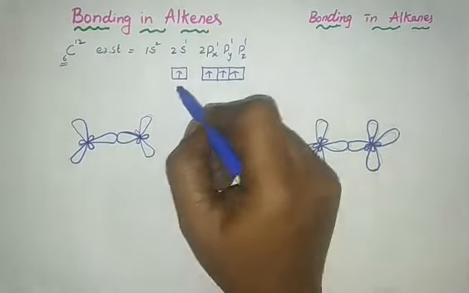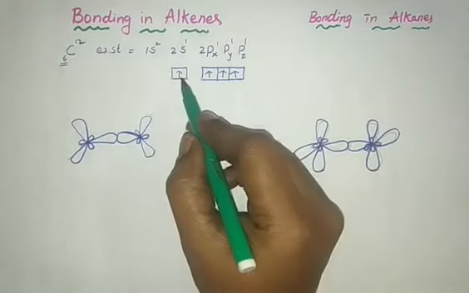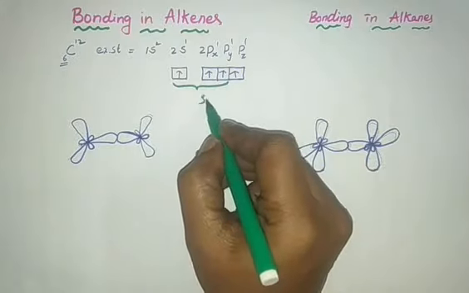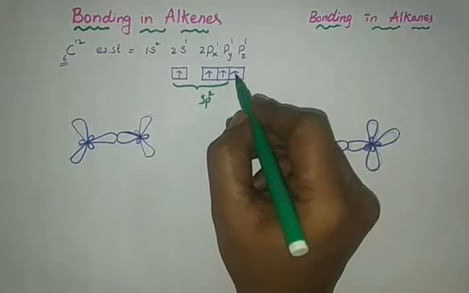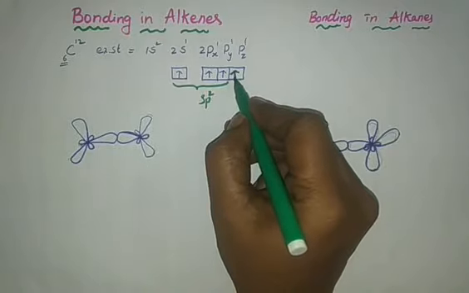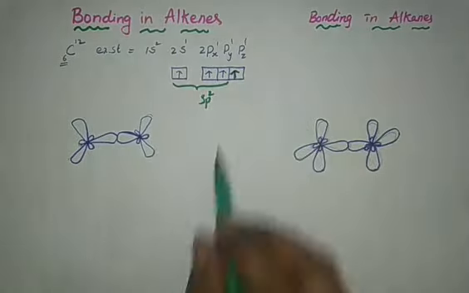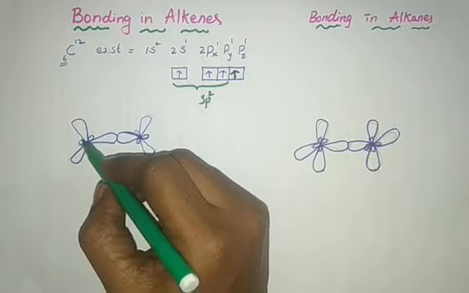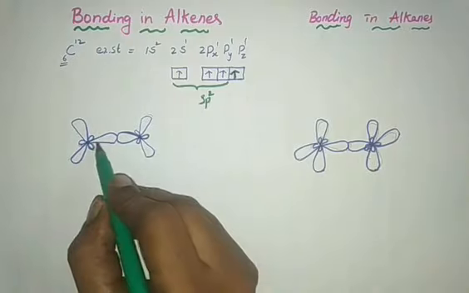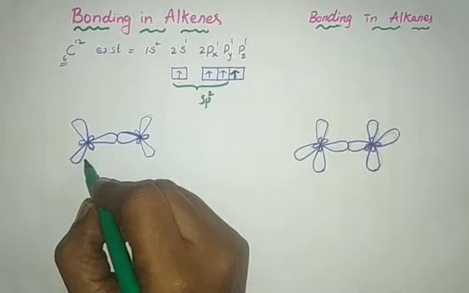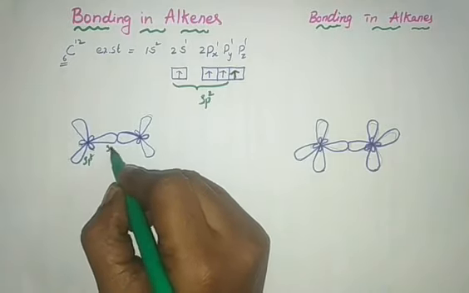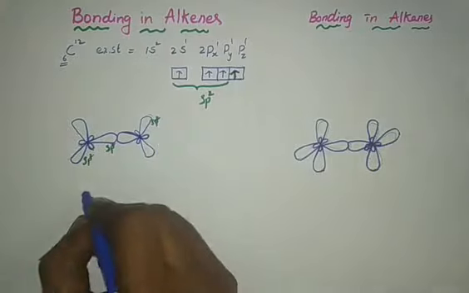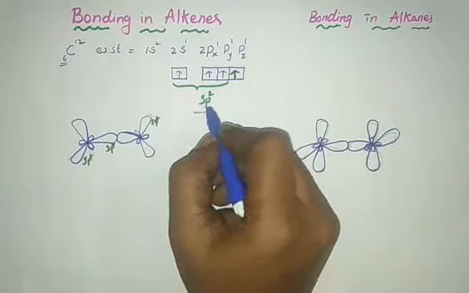Let us see. If 1 s orbital and 2 p orbitals combine in sp2 hybridization, then 1 p electron is left over, and these three sp2 hybrid orbitals are formed, and these 3 sp2 hybrid orbitals will arrange like this in planar fashion. Right? These all are sp2 hybridized orbitals. These are also sp2 hybridized orbitals. For example, I can take, these all are sp2 hybridized in this.